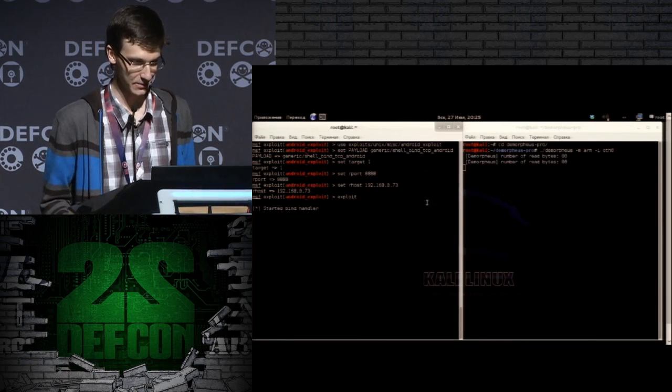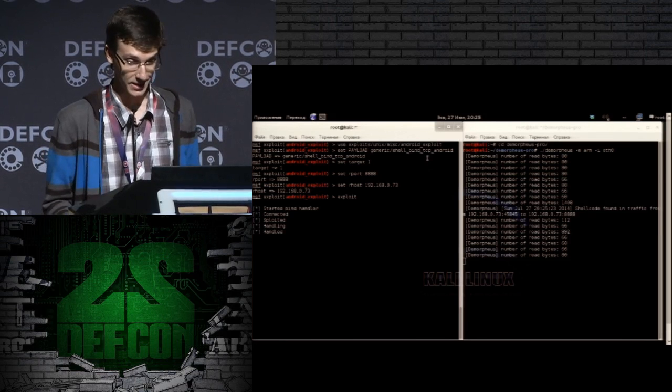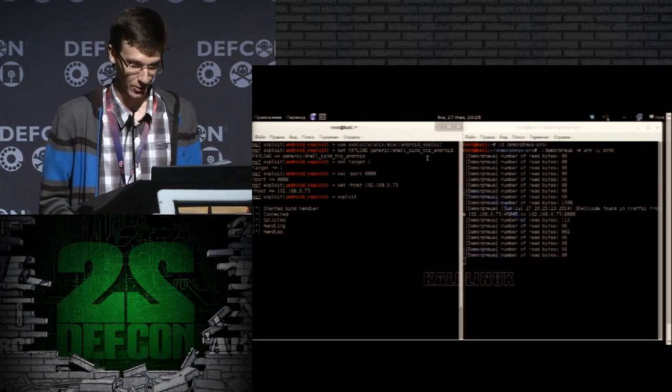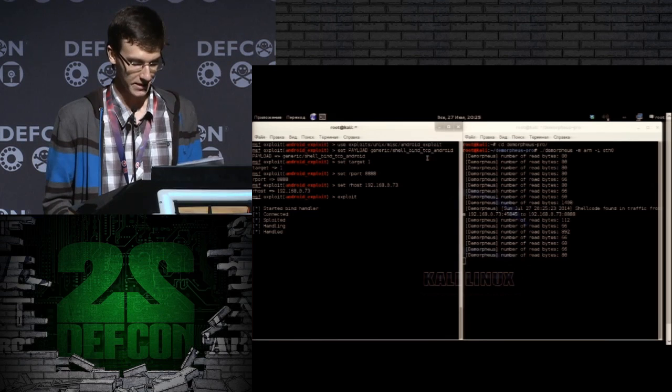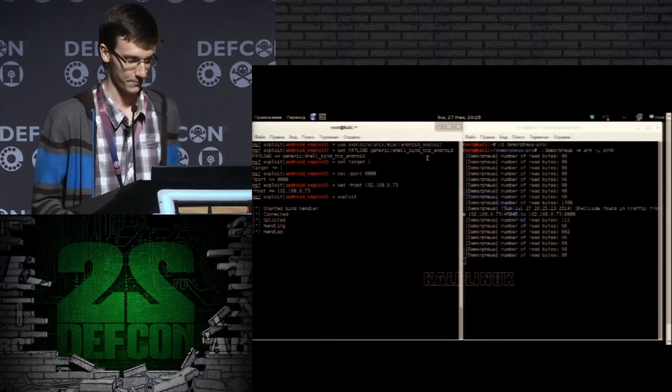Okay, let's start the exploit. Here we see the Dimorphos tool found the shellcode in outgoing traffic for this IP address and TCP port pair.